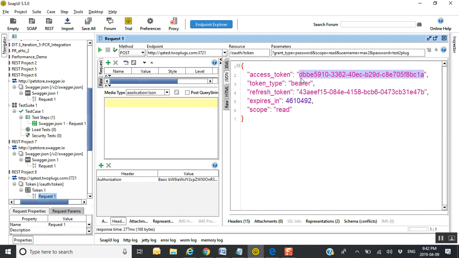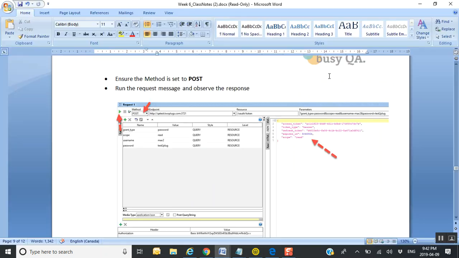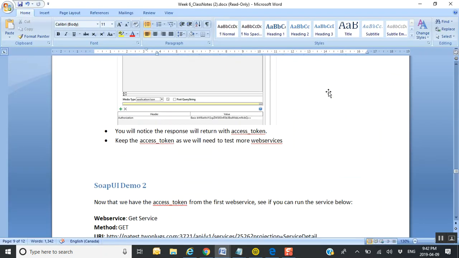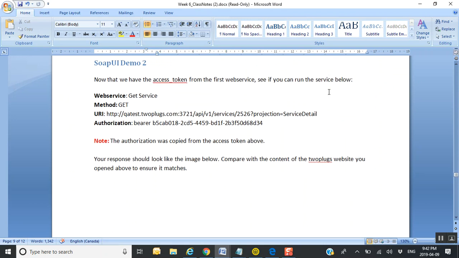So in this company, the first web service you can call is the token, and the token will return back to you by giving you a token number. Then you can now take that token number to test the other web services. So let's try another web service. In your class note, I gave you a second one with another URI. So what we can do is we can copy this URI,